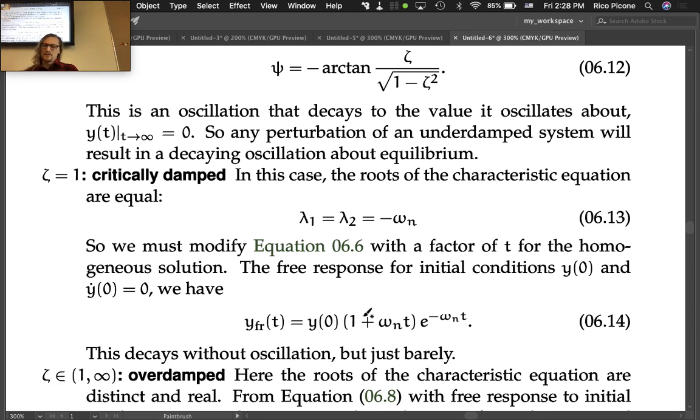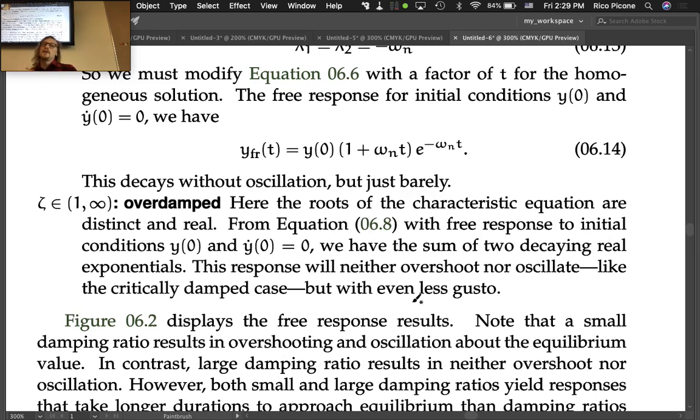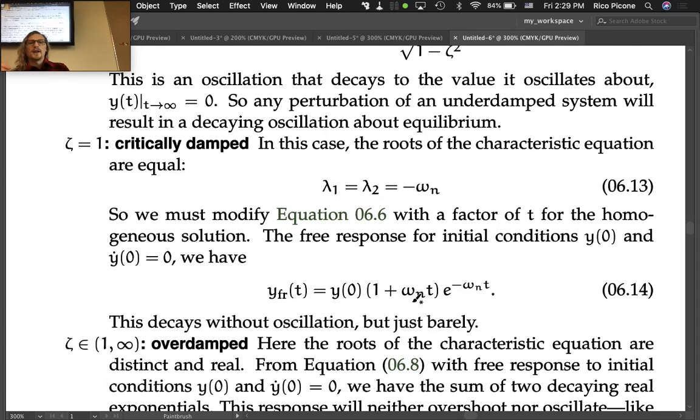So what we have is this response. We started at an initial condition. It's going to decay to 0, but it's going to be fighting against this linear term, this t, right? So it almost wants to do something besides decay to 0, but it gets dominated very quickly. That exponential attenuates it right down to 0. So it doesn't oscillate, but it's right on the edge of that, and that's the sort of boundary condition. So then if you continue to increase the damping ratio,